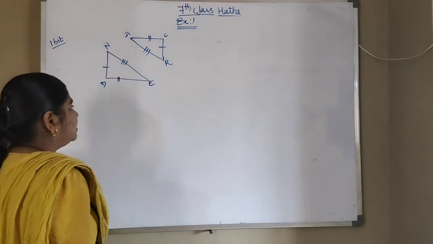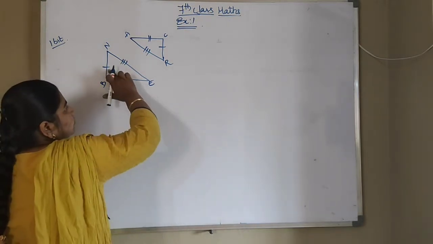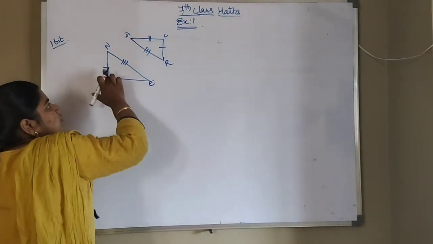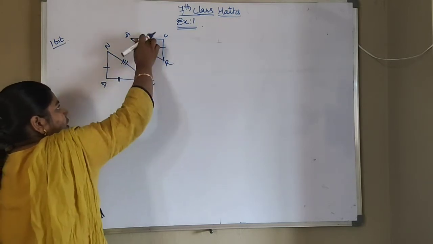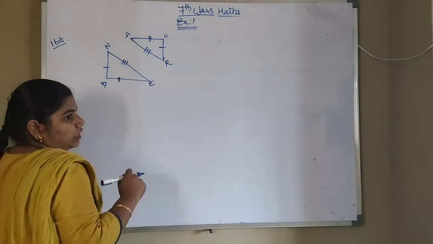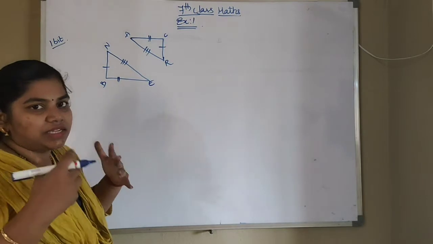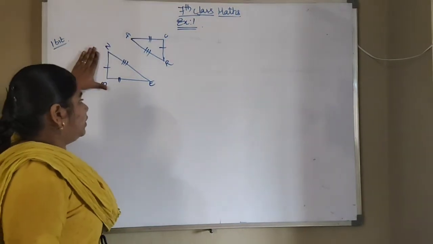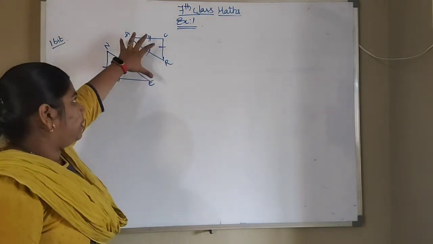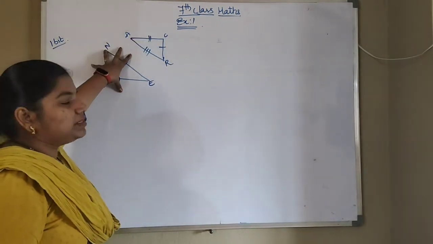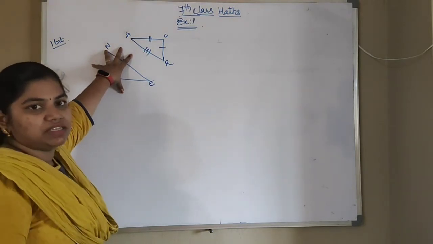Okay, so they have given the symbols for each side. So they have shown which are equal. So here one symbol, here also one symbol. So these two sides are equal. Here 2, here also 2. That means these two sides are equal. Here 3 and here also 3 lines. So those two sides will be equal. So they have given that all the three sides are equal. So by seeing the figure, we can tell these two triangles are congruent to each other. If you take out this and keep it on this, the two triangles will be equal. That means they will have the same shape and same size.